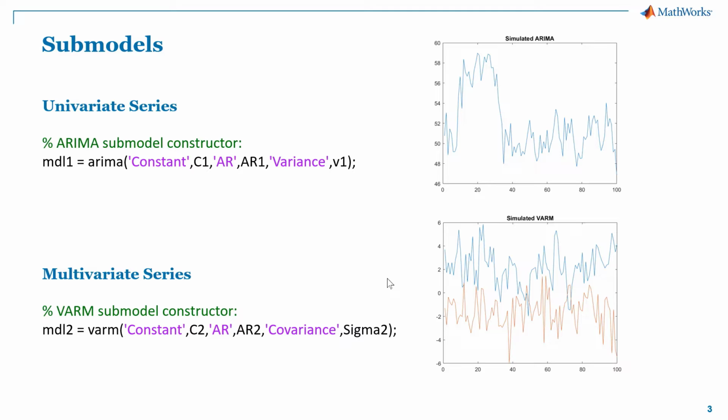Now, to build a threshold switching model, this is going to look completely parallel to what we did with the Markov switching models. If you're dealing with a univariate series, like we are here with the inflation rates, you'll want to construct your submodels with the ARIMA model constructor. If, on the other hand, you want to build a multivariate model and describe the interactions among a number of different series, you can create multivariate switching models with VAR-M submodels. We talked about this in some detail in the previous presentation. We'll see another example of constructing some ARIMA models in just a moment here.